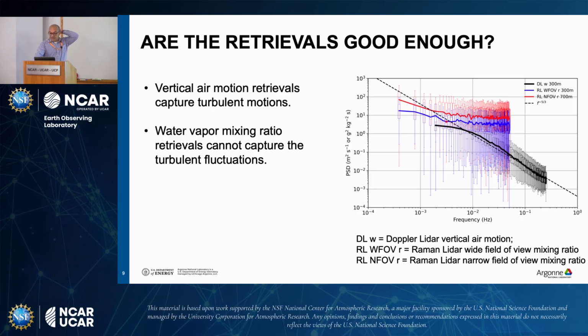Shown here is frequency on the x-axis and power spectral density on the y-axis, just looking at the standard things. The black line is from the Doppler Lidar, vertical velocity W at 300 meters. You see it's nice and flat, and it comes down perfectly with the -5/3 slope. It is good. One of my co-authors looked at the figure and said, even Kolmogorov would have been proud of this curve. It follows the -5/3.